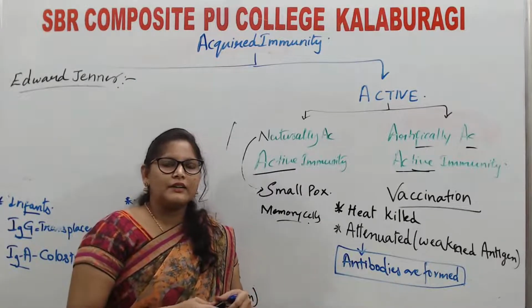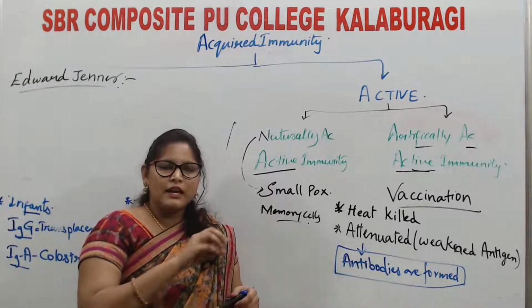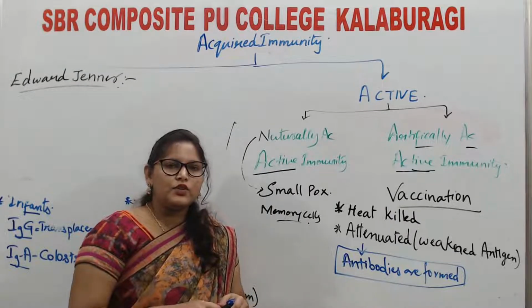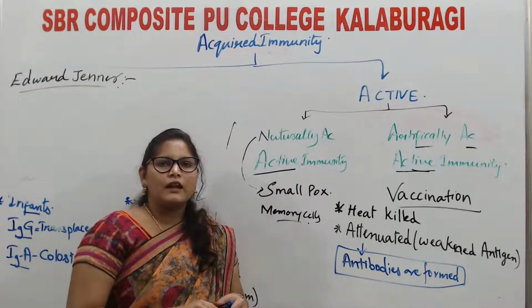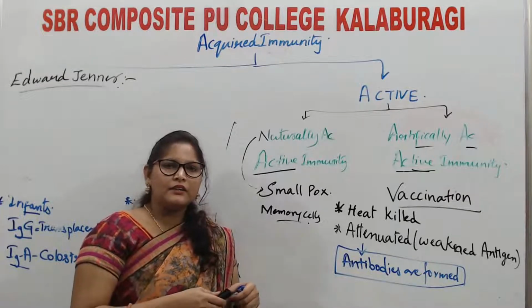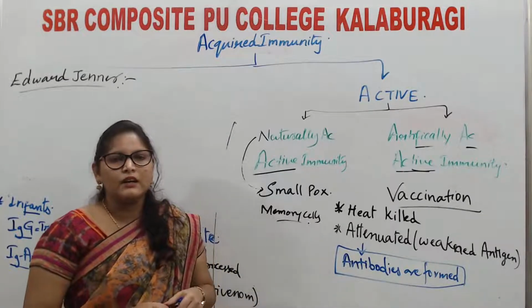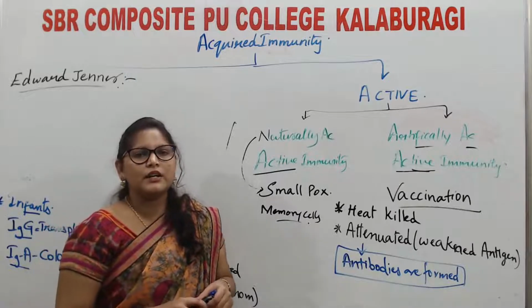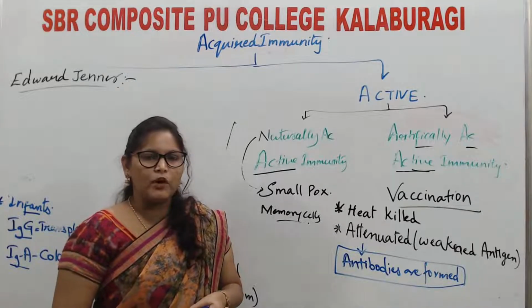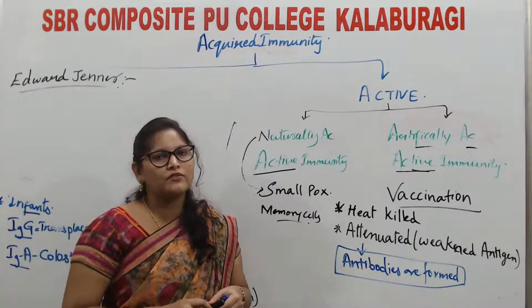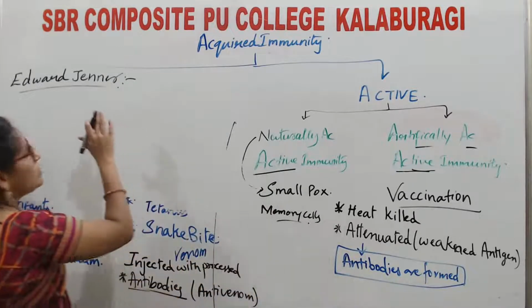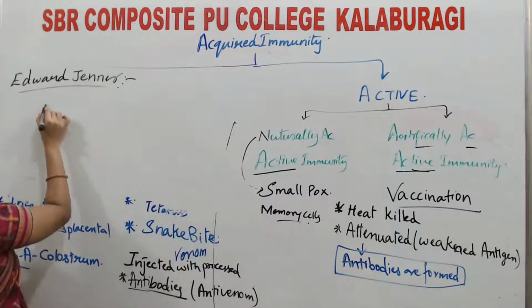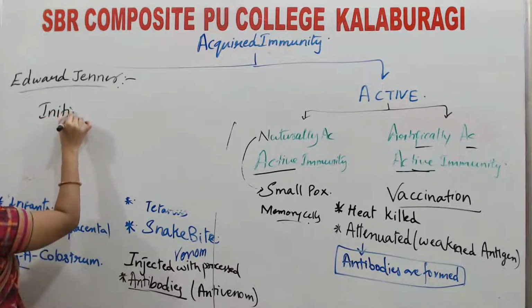Then he took the antigen which causes cowpox and injected it into a person. Later, when the disease had subsided in the same person, he injected the pathogen which causes smallpox, but the person did not fall ill. Then Edward Jenner stated that initial